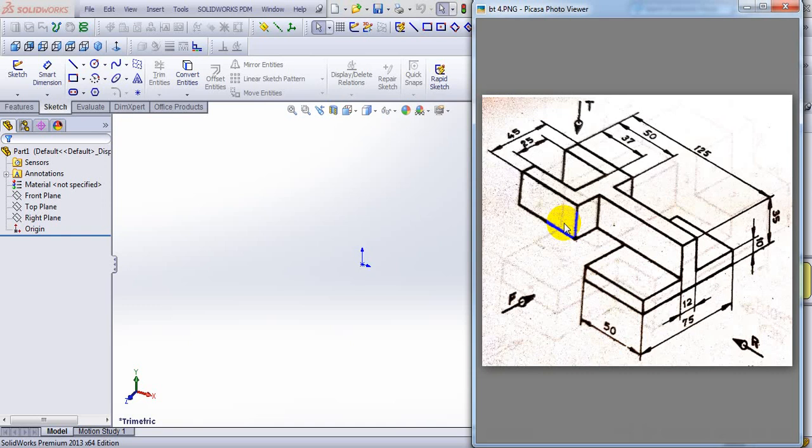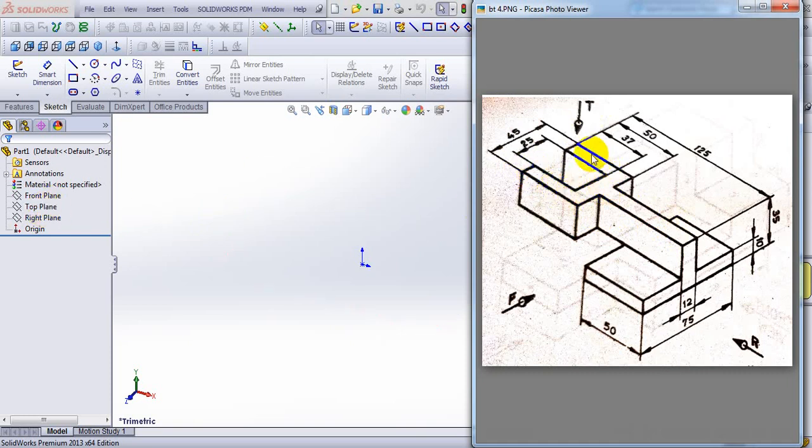So when we start from the top plane, we will be using only the rectangle command and the extrude base command. Let us start from the top plane.